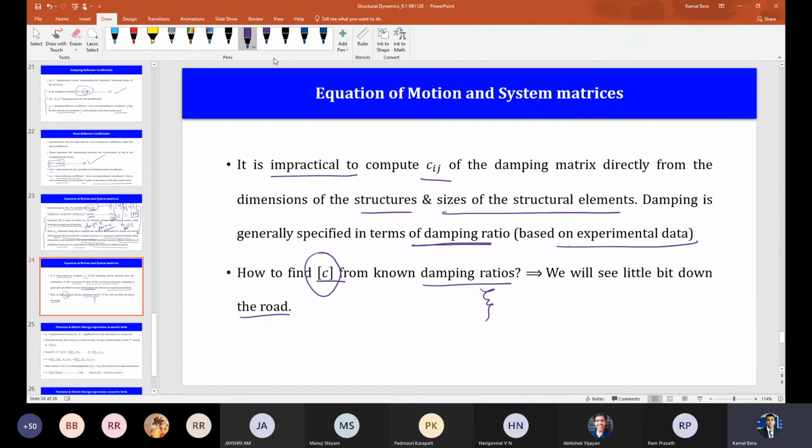I again urge all of you to please solve some problems, like how to formulate the equation of motion and how to get the mode shapes and frequencies for a 2 degrees of freedom system. Now that we have entered multiple degrees of freedom systems, if you are able to do 2 degrees of freedom, you can do 3 degrees of freedom. Your calculator supports matrix and vector operations up to 3 by 3 matrices or 3 by 1 vectors. So please solve some problems from the books.